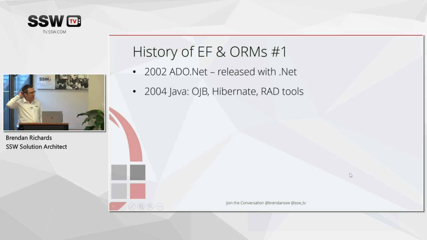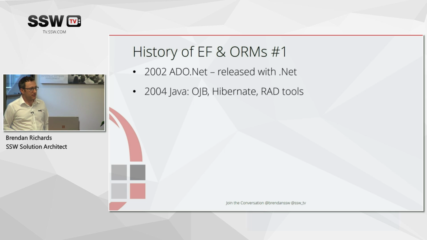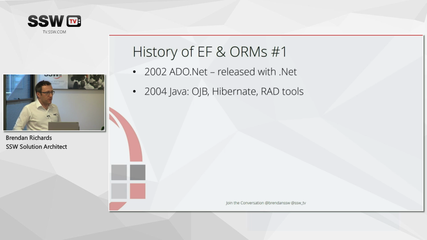Around about the same time that .NET was starting to take off, the Java world had a few things happening. There were a couple of ORMs starting to come into practice. What people were doing at the time was something called N-tier architecture, which generally meant you had a database, you had some kind of data access layer that would create entities and sort itself out, getting things to and from the database, and then n number of layers between you and the web application.